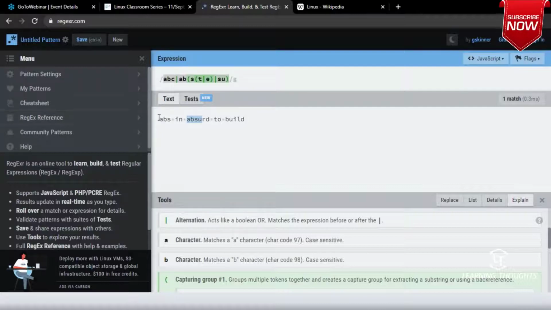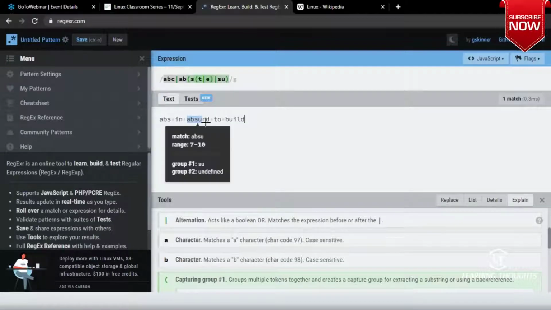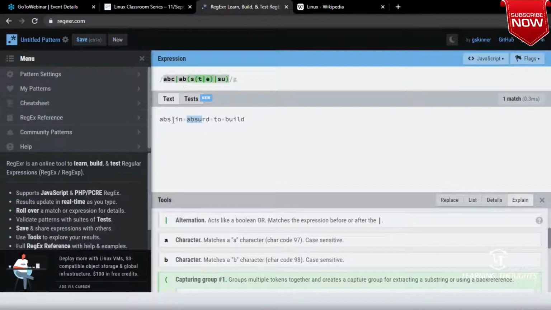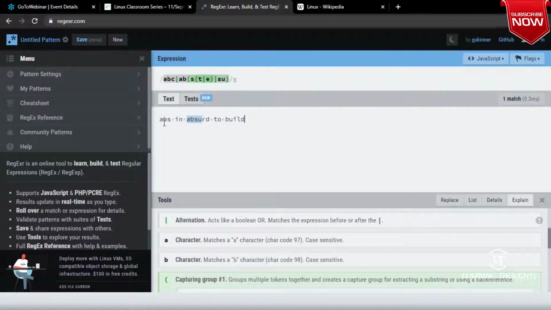So first what happens? A is matched, so it will go over here. Then B, good. And then you have said yes, I don't have yes, it will come back over here, it will try looking into this path. A, B, yeah, I have yes. After that, what is that I have written? I have written a space, so I don't have a space, so backtrack, start from B. B, there is no match. Yes, there is no match. Space, there is no match. I, there is no match. N, there is no match.